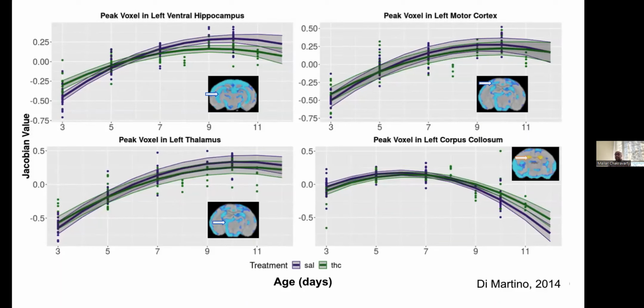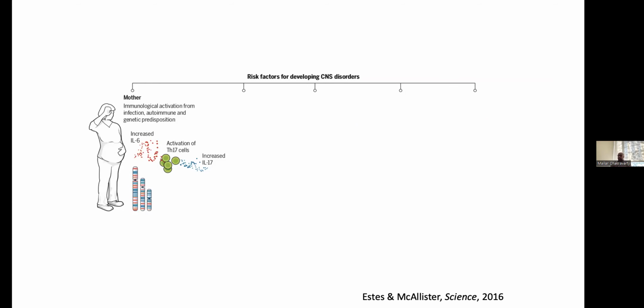So I'm just using this as an example of the type of things we can do with the strategies that we've created. But what we've really been trying to do on top of that is create these lifespan trajectories in different contexts. One of the things we started working on, in the context of brain development but also in terms of long-term outcomes, is the impact of the inflammatory state of the mother during pregnancy. And this is important now because of COVID, and I wish I could say we started this right on the heels of COVID starting, but we actually started this a few years before the pandemic.